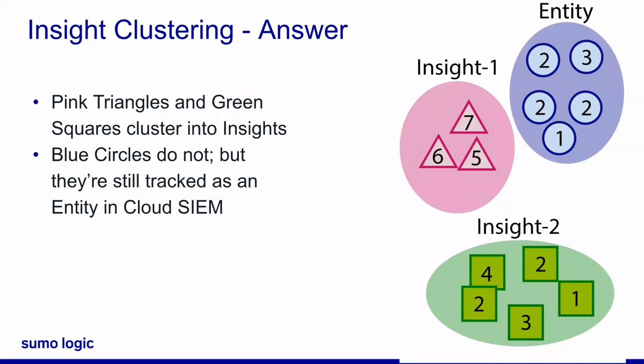Now entity C, those won't cluster into an insight quite yet. Cloud SIEM is going to track those entities, but the activity score there is a 10. So until another rule with a severity score of 2 or higher triggers with that entity, it's not going to cluster into an insight. So what we want to show here is the fact that you can have a large number of low severity score signals that don't create an insight. You can have a small number of high severity score signals that do create an insight. And so you want to keep that in mind when you're starting to customize or configure the severity score for your custom rules.